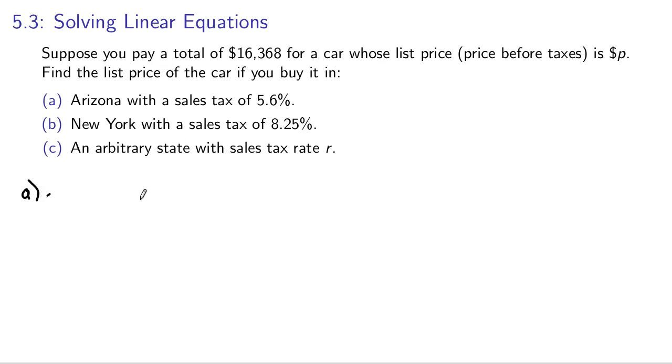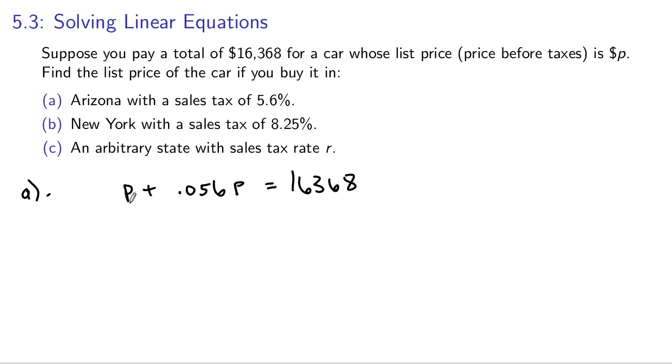Arizona has a sales tax of 5.6%. So if we have the list price, P, we have to add this tax, 5.6%, which means per 100. We can write as 0.056 by pushing the decimal over 2 times the list price equals the price we paid,